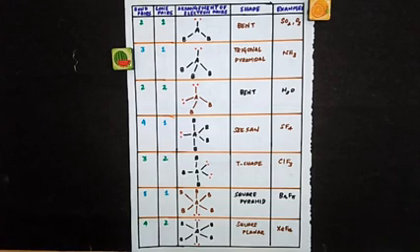And all you have to remember at the end about this VSEPR theory: electron pairs repel each other and they move as far apart as possible. So that decides the shape of the molecule. And you can have different repulsions: repulsion between lone pair and lone pair, between lone pair and bond pair, and between bond pair and bond pair. Out of these 3 repulsions, the maximum will be between lone pair and lone pair, and the minimum will be between bond pair and bond pair. So depending upon these repulsions, you are getting different distorted geometries.